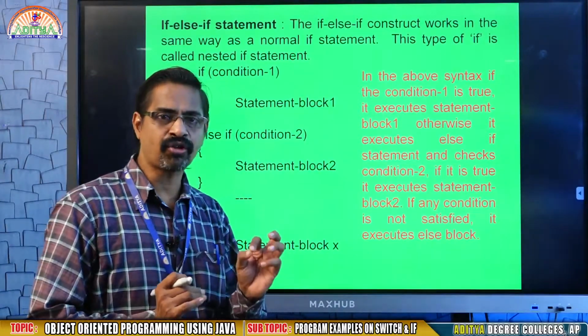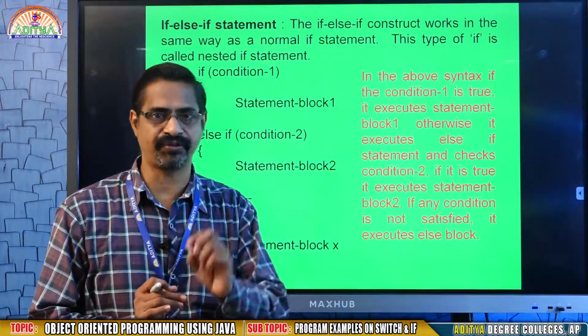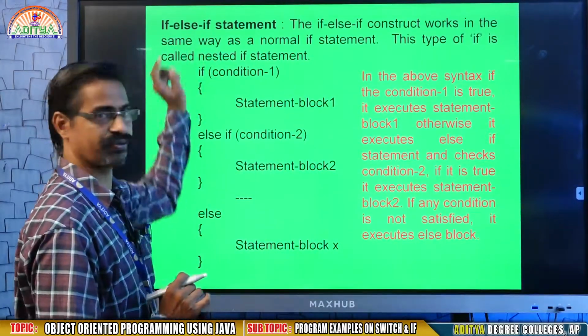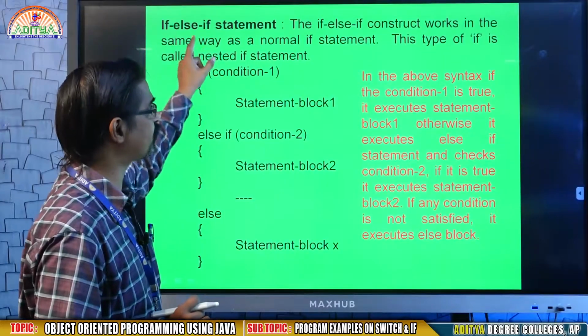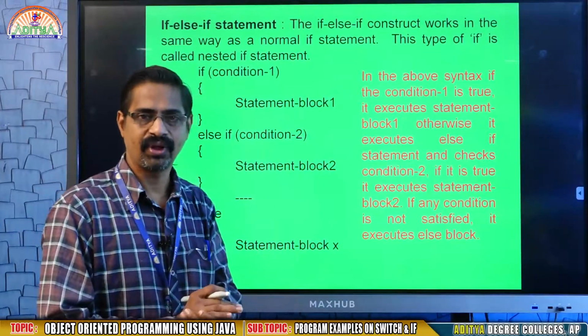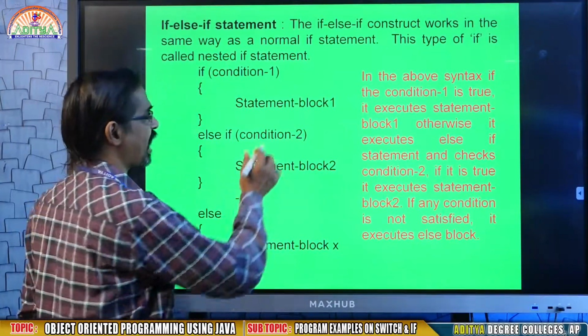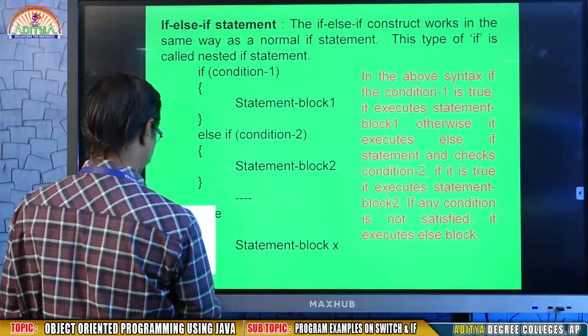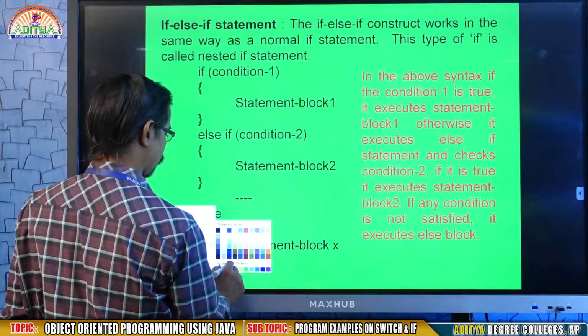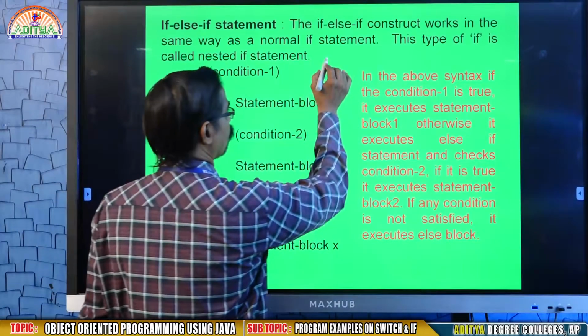This ladder if is also called if else if.